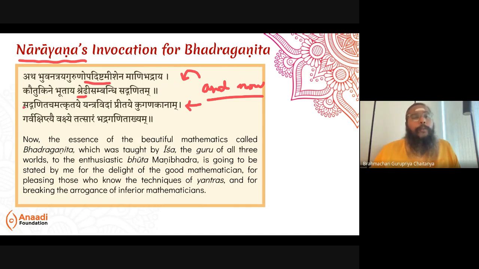This is useful for whom? People who derive joy out of learning, good mathematicians who derive joy out of math. Then, second, he's talking about Yantra Vidam Pritaye. Those who love carving yantras and presenting yantras. Kuganakanam Garvakshiptyai. In order to thwart,